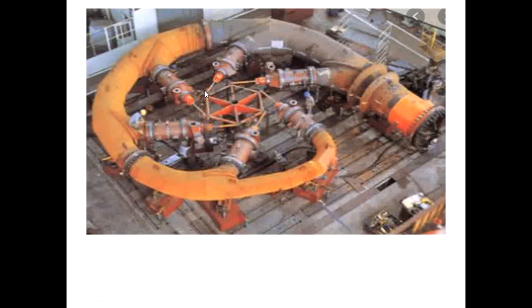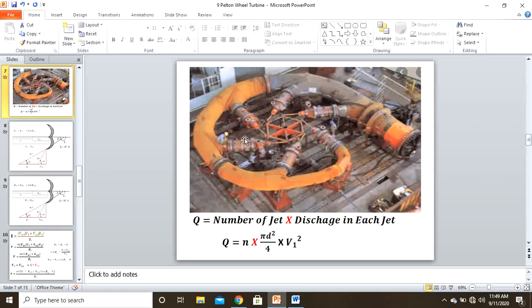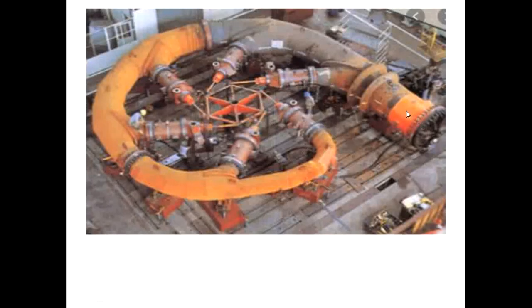Now, the number of jets: how to take this number of jets. Water will come here, here, here, and then come like this. They will put a number of jets: 1, 2, 3, 4, 5, 6 jets are there here.